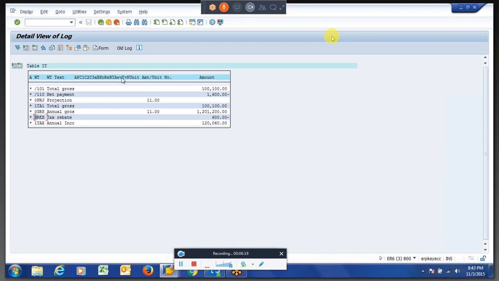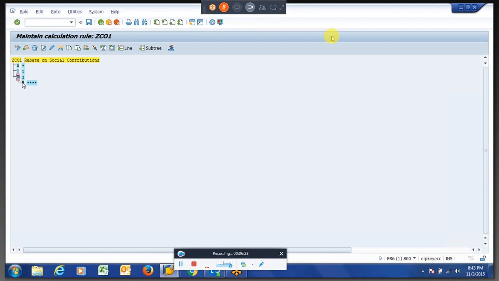Let us say if you change the PCR, if you go back, and this we did yesterday itself for a particular PCR grouping.